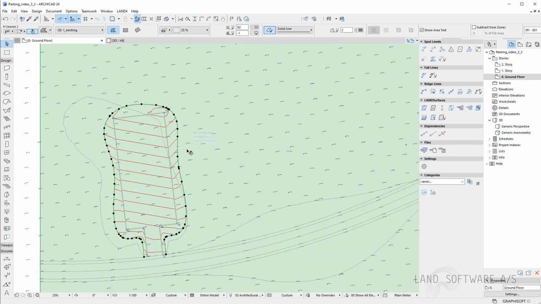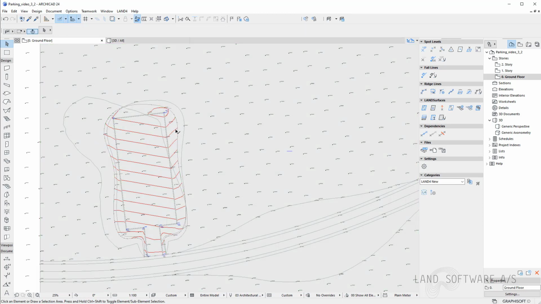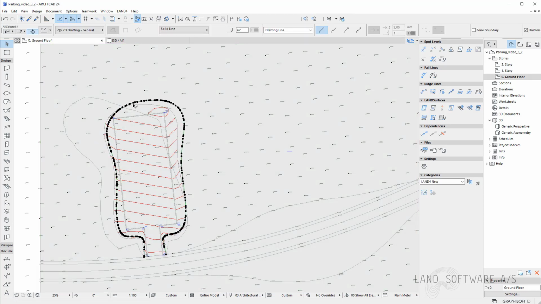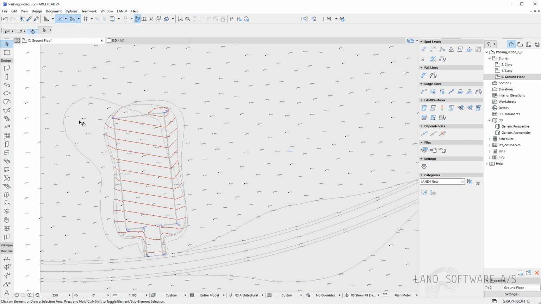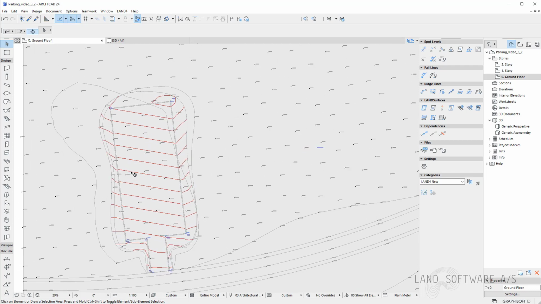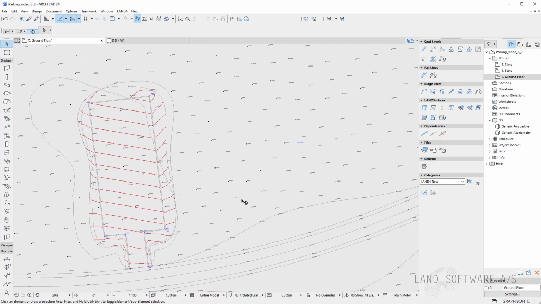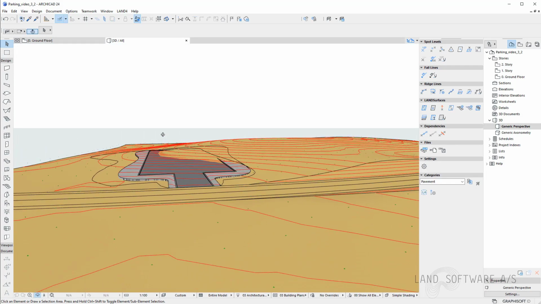And for the cut part, I'll maybe go with 40%. So as you can see, if you use a high fall percentage, the projected line will be close to the initial ridge line, while on the other side we can see that if you use a small fall percentage, the line will be projected as far from the initial ridge line. And these are very helpful tools when you want to build your terrain in order to stabilize the soil around your constructed site. In the 3D, the lines have been now updated.